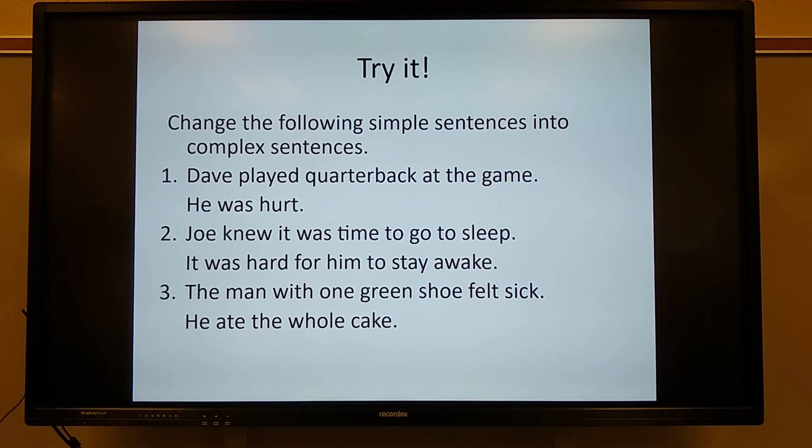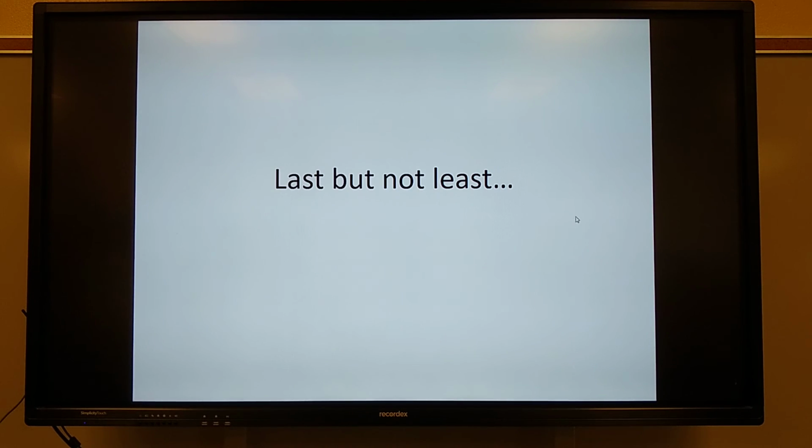And then number 3, the man with one green shoe felt sick. He ate the whole cake. So, I can use the joining word after. I can say, after he ate the whole cake, comma, the man with one green shoe felt sick. So you have to understand, you have to pick the correct joining word, and then you can use either pattern you want. Last but not least,